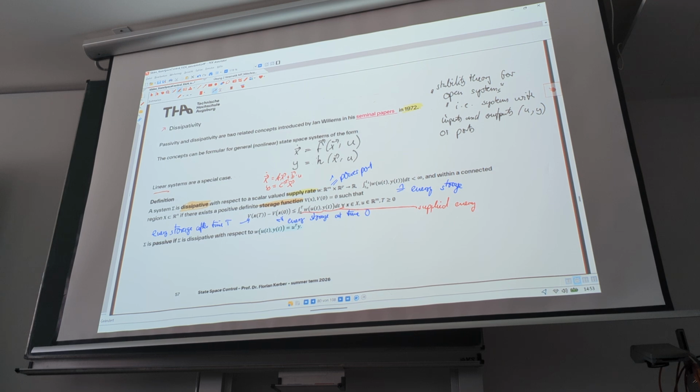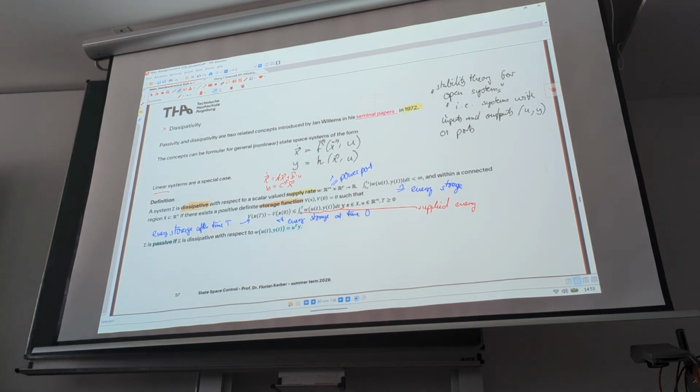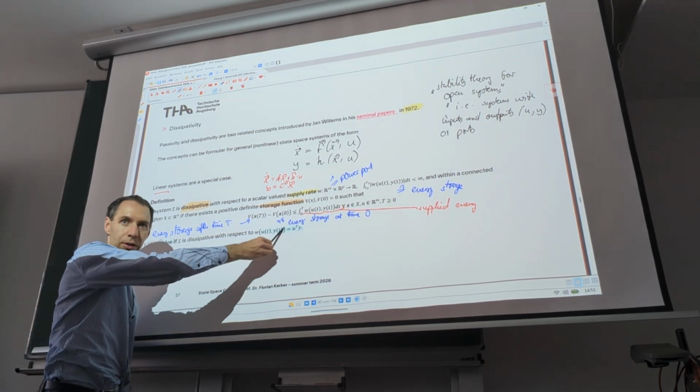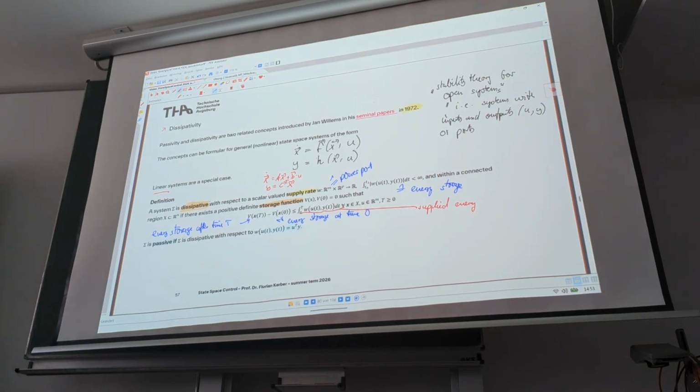This is just a subcase of dissipativity where the supply rate takes this particular form. And if you look into the literature, you will also find something which is called strictly input and strictly output passivity, where you then basically have something which is just a product of the inputs, a product of the outputs. So there are different versions, but for us, typically,